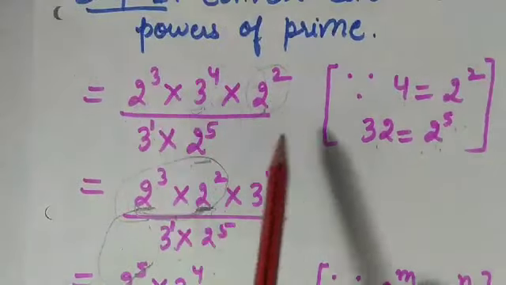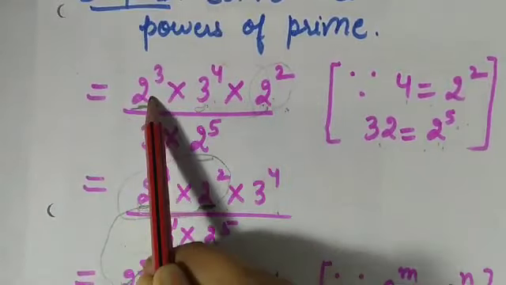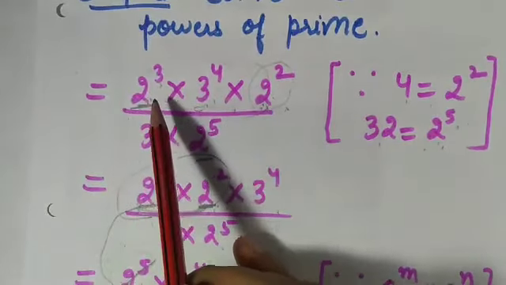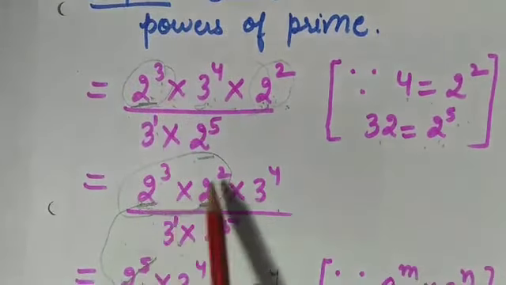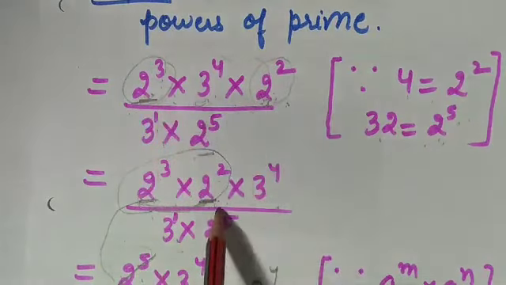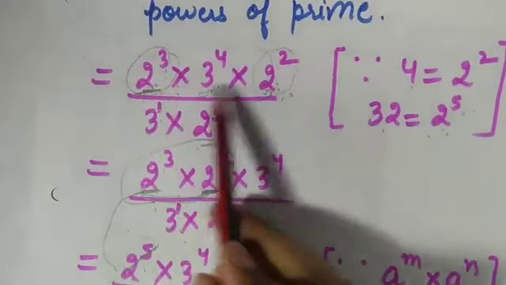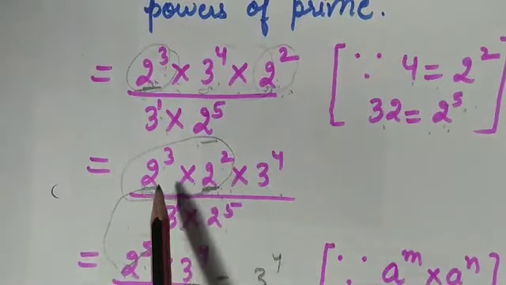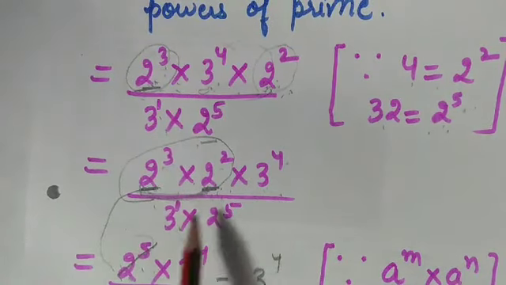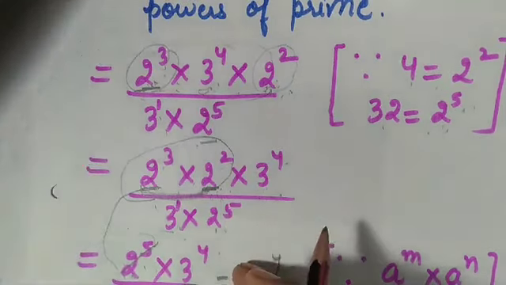Now you have to apply laws of exponent. Here I am observing that these two numbers are having same base and powers are different, and in between we have the multiplication. So I have collected these two numbers together. It's up to you, either you can apply the law here also. Just to make you understand, I have collected these two numbers. So 2 to the power 3 into 2 to the power 2 into 3 raised to the power 4, and in the denominator we have the same, 3 raised to the power 1 into 2 raised to the power 5.